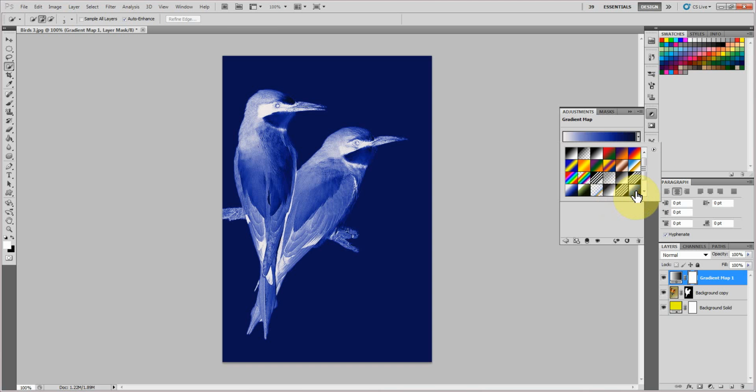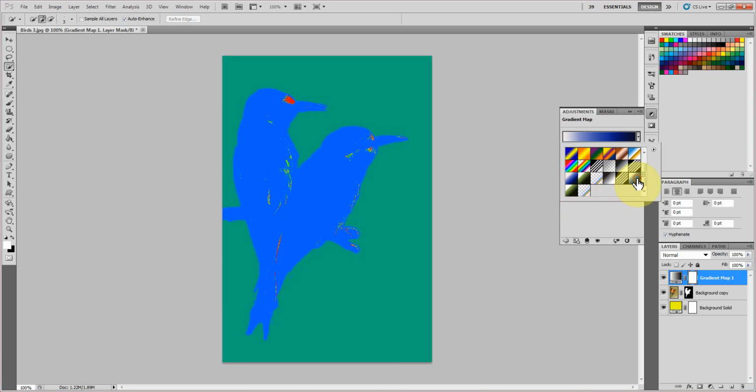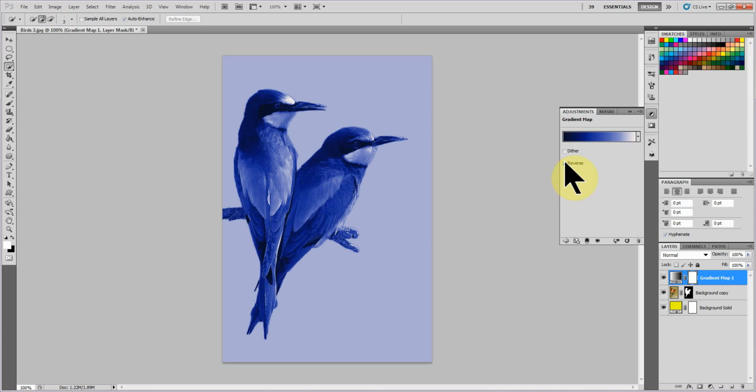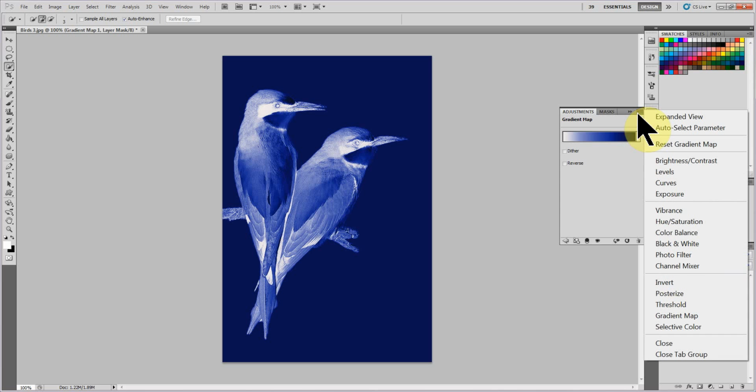So that's really neat. Oh, I love that, because I love blue. Let's check out the green. Oh, that's pretty. I like that too, but I really like that blue. That's really cool. So I'm going to stick with that. And then I can reverse it so that it looks like that, or I can keep it like this, one way or the other. And then I can reset my gradient map, or I can even open up any of these options here and say, you know what,